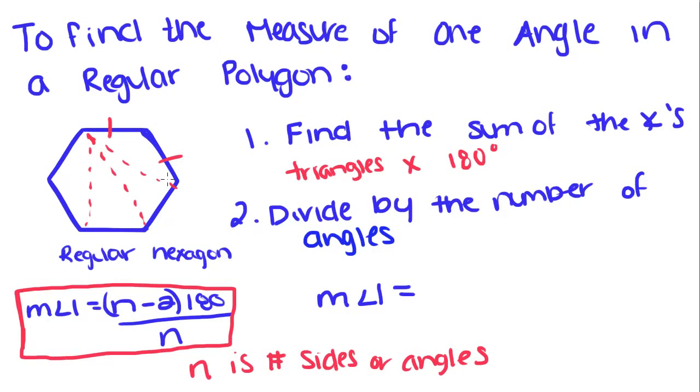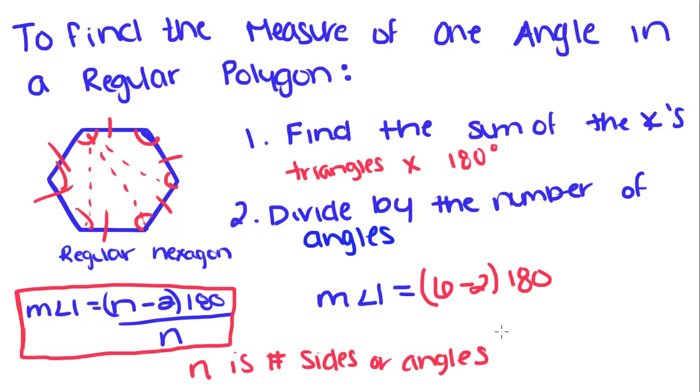So it has 1, 2, 3, 4, 5, 6 sides, but it also has 1, 2, 3, 4, 5, 6 angles. So you take the number of sides or the number of angles, which is 6, you minus 2 and